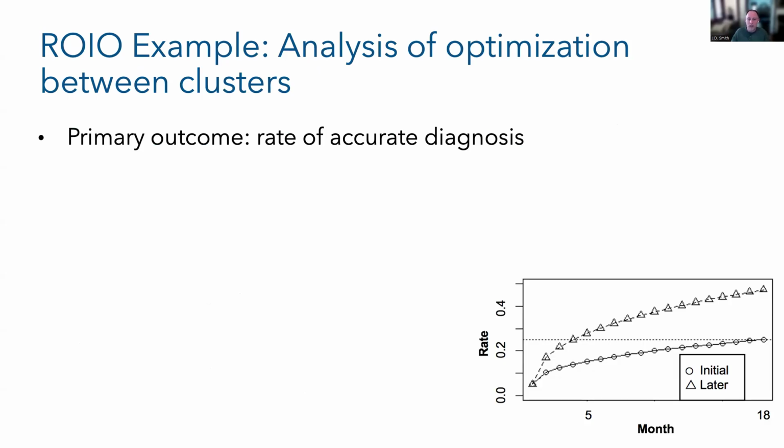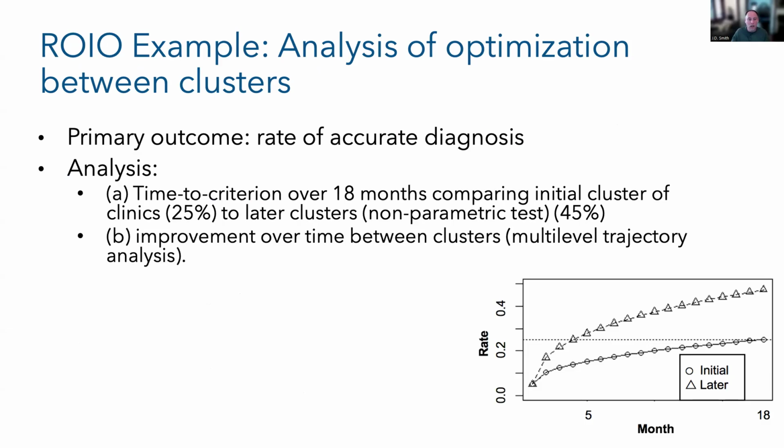In this particular study, we were looking at the primary outcome of rate of accurate diagnosis. So we have rates that are gathered by month. And so we had proposed two different ways of looking at this. The first one was a time to criterion over 18 months that compared the initial cluster to later clusters. This only allows you to answer the question of, did we improve upon the initial strategy package, right? So you're using essentially the initial cluster as your anchor or your kind of control comparison. You're aggregating the later cluster data to be the non-parametric comparison of the initial versus later, and